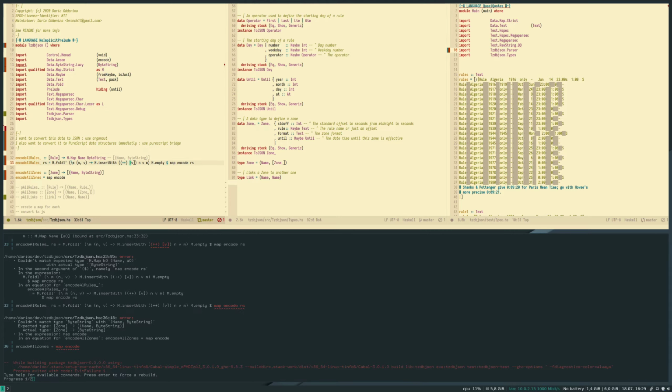Oh, this is an array of tuples. We could probably use lenses, but I don't feel like that. Can we double map?